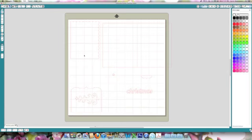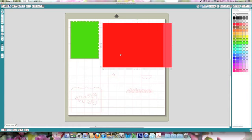So let's go back. I'm going to click on this shape and fill that with green. This card base, this is the goal. We'll just use this card base, so we're going to use red cardstock for that. This tab was in red. This part was